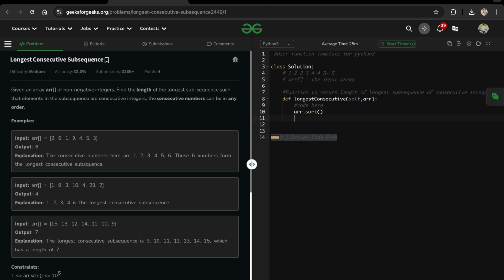Array dot sort. First we are sorting it. After that, we take the length of the array as n, then the maximum length, which we have to return as max, then i, which is the index, while i is less than n. Previous could be array of i minus 1, and we have a count which is 0, I can say, and previous equals array of